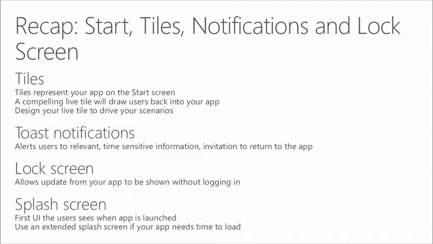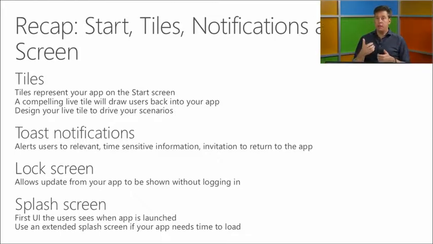Toast notifications, we talked about that. Make it relevant to the user. Don't use it too often and make sure that it's really useful for the user. We've seen that you can be part of the lock screen and show a badge there or maybe even detailed information. Again, the user is in control, so they will decide which apps will show up there. But if you support that in your app, it's a great way for users to include that information on the